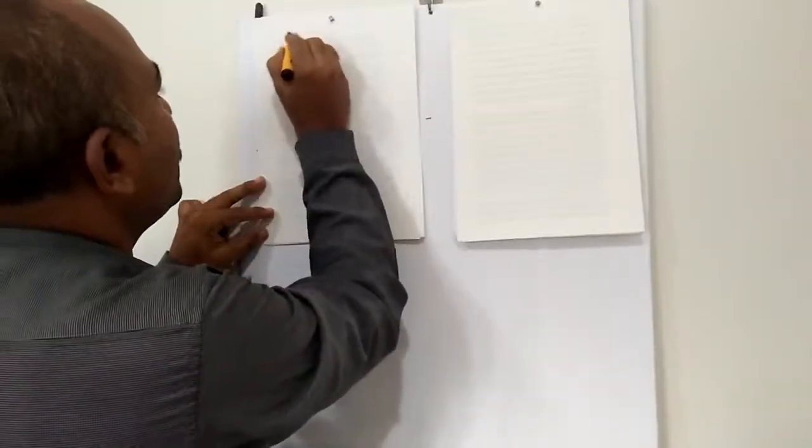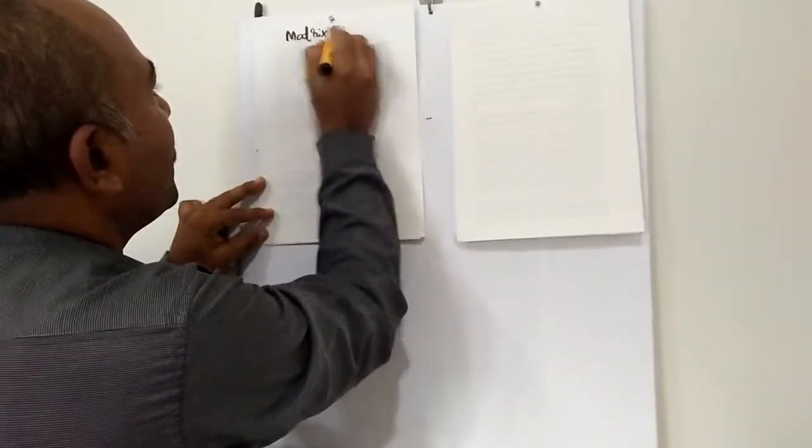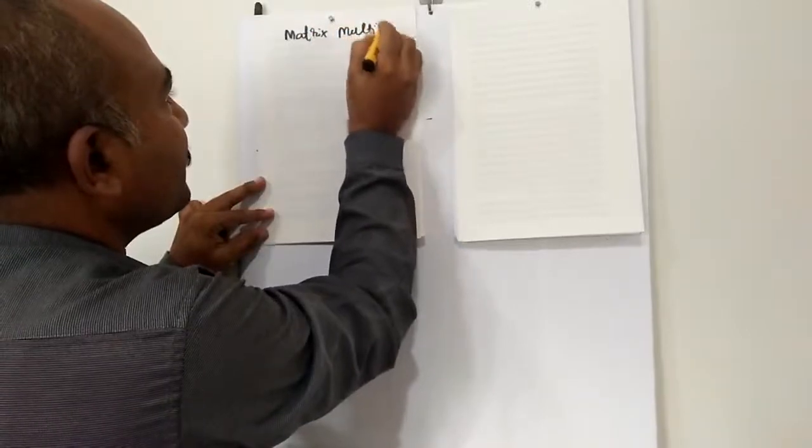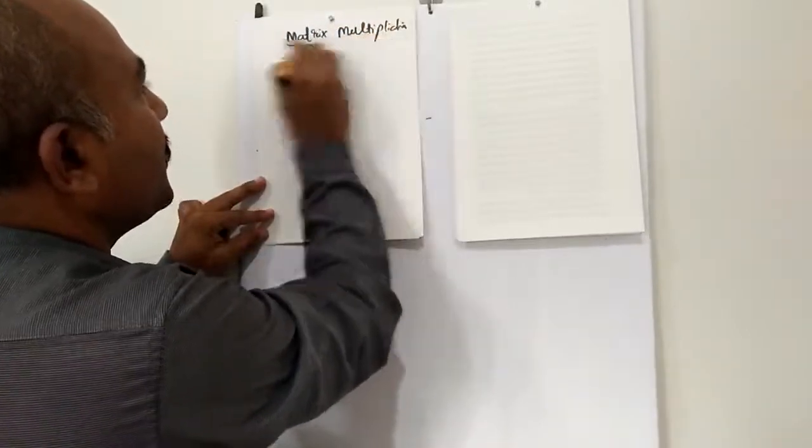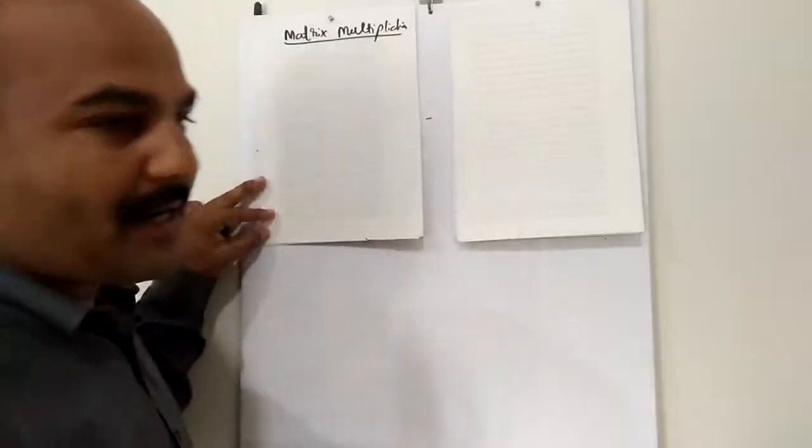Okay, we'll continue with the matrix multiplication. Under the properties of the matrices, how do we do matrix multiplication? Matrix multiplication. So in order to multiply two matrices,